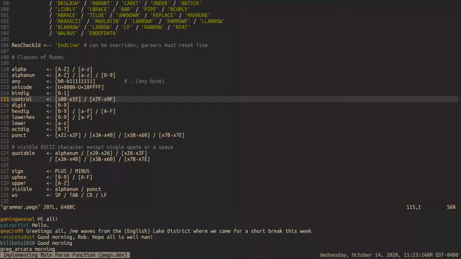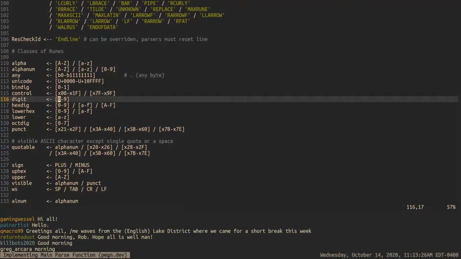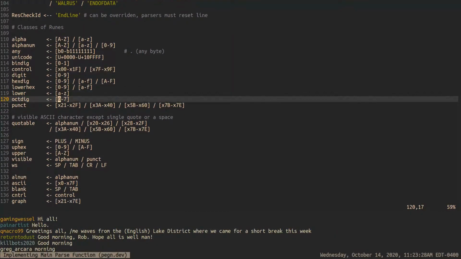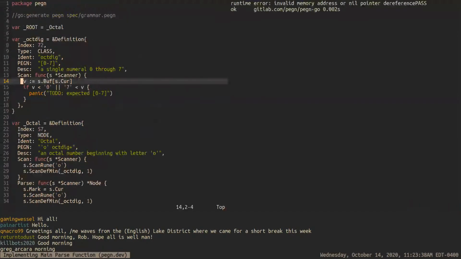So here's our octdig. The idea is that this is just a class of characters, the runes 0 through 7. And therefore, it doesn't need to ever have a parser function. Now, the problem with that is that,